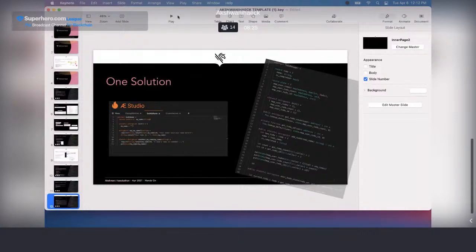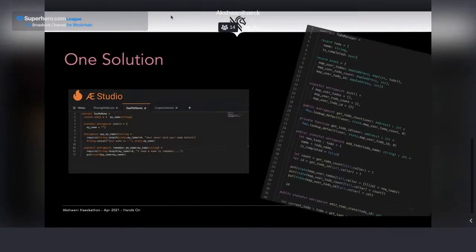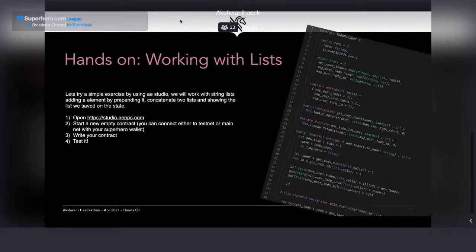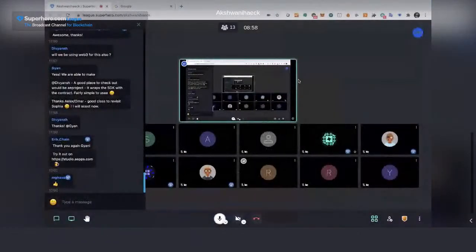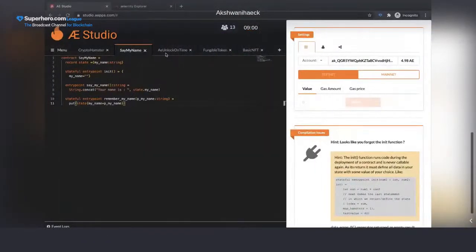So we are almost there. Again, this is one possible solution. It shows what you can do with some lists. As you can see, it's very easy to add information to the list, to combine lists, to work with lists. I have one more example on something I was working on yesterday, some issue that somebody has working with maps.